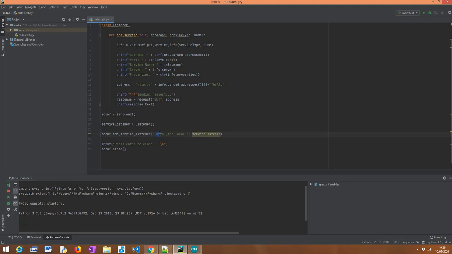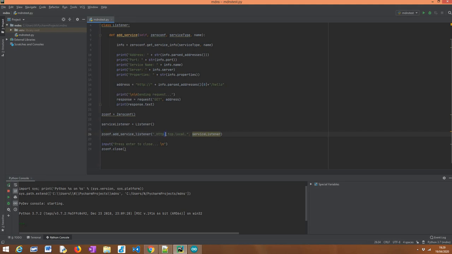The first one is the name of the service, and recall in our Arduino code we said that the name of our service was HTTP, and that is the name that we should put here. And like I've said before, it needs to be preceded or prepended by an underscore. We did not add that in the Arduino code, but under the hood, the lower level layers made sure that we have this